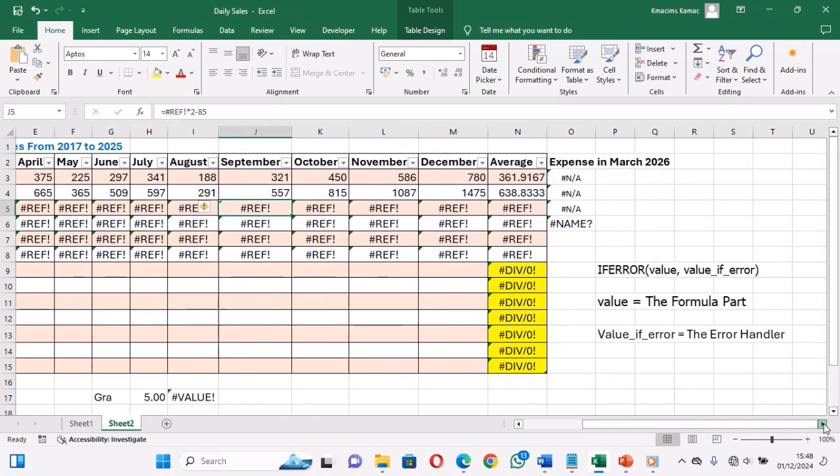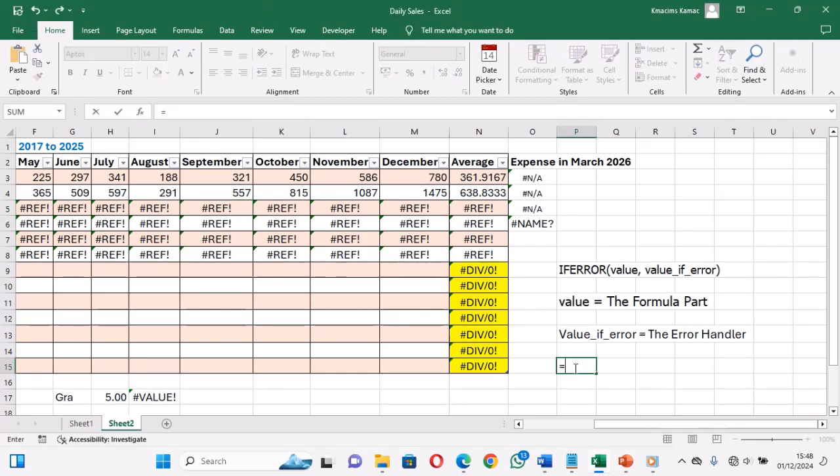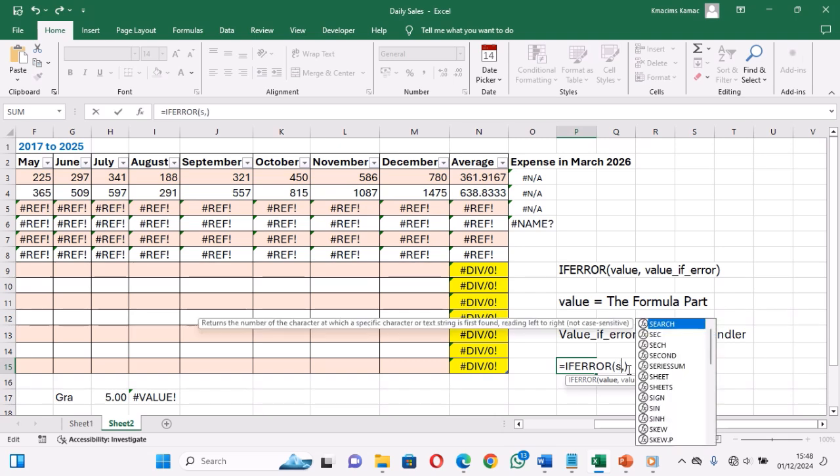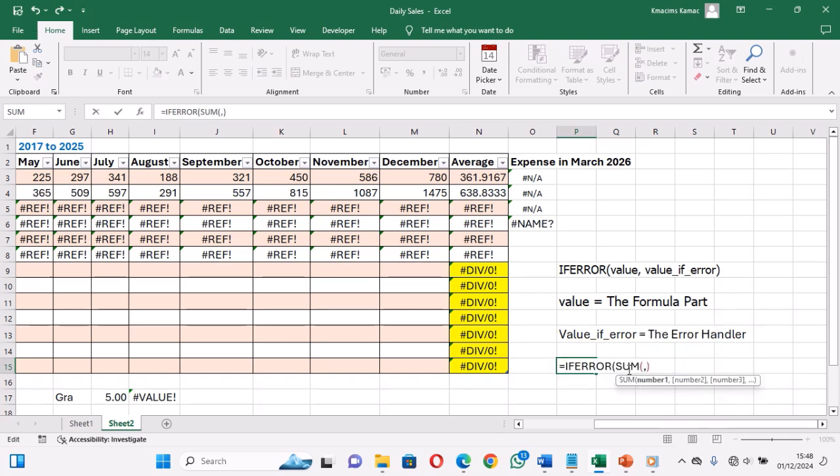The IFERROR function allows you to replace error values with a custom message or alternative calculation, ensuring your spreadsheet remains professional and easy to understand. The basic syntax is given by IFERROR(value, value_if_error). The value parameter is the formula or expression to evaluate, while the value_if_error is the result to return if an error occurs. When used in a formula, the value_if_error is used to replace the error